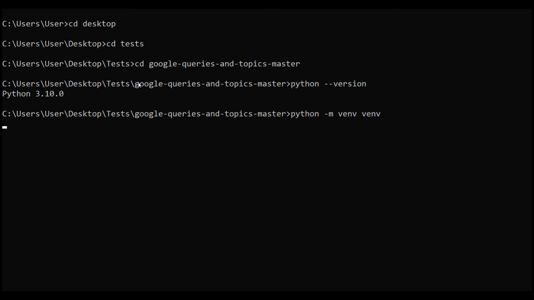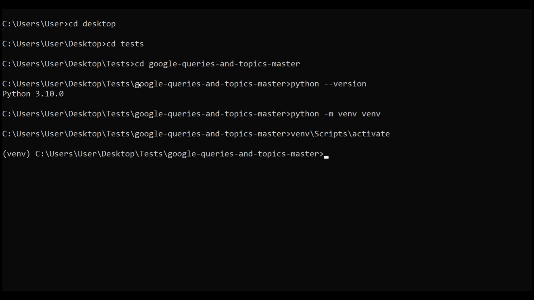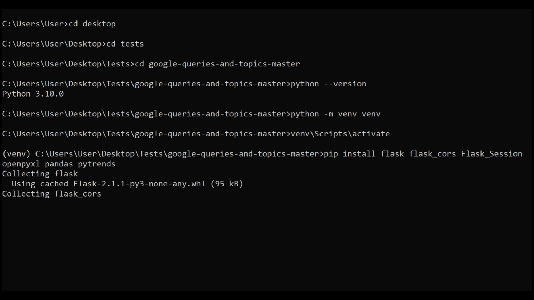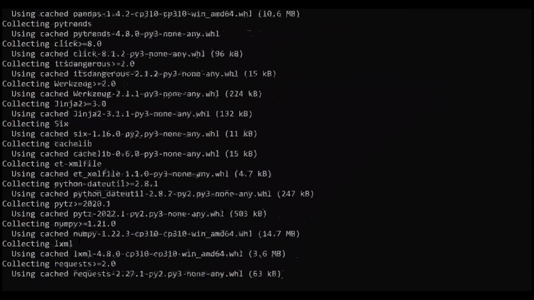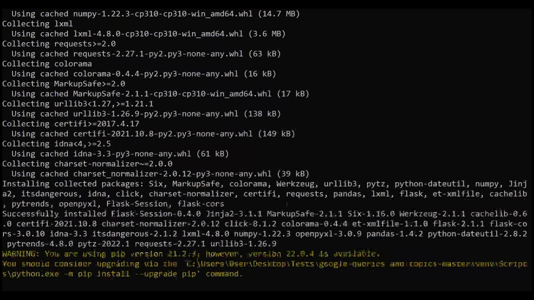Then type venv/Scripts/activate. That should display a venv text at the beginning of the row. Now that we have Python and a virtual environment, we have to install a few libraries that the program will use. Type the pip install command as given in the description below. If you do not